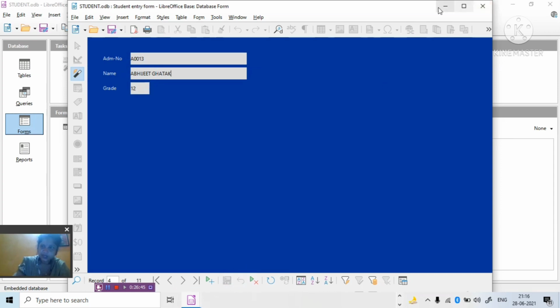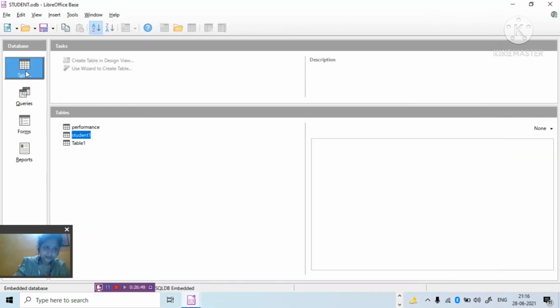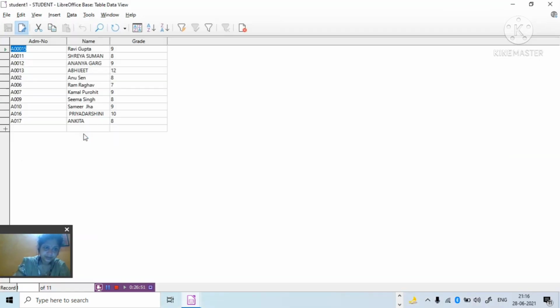Now let us see. Okay, see, it has refreshed. Just refresh the database and it is updated. So if you want to update any data record, you can update it also.